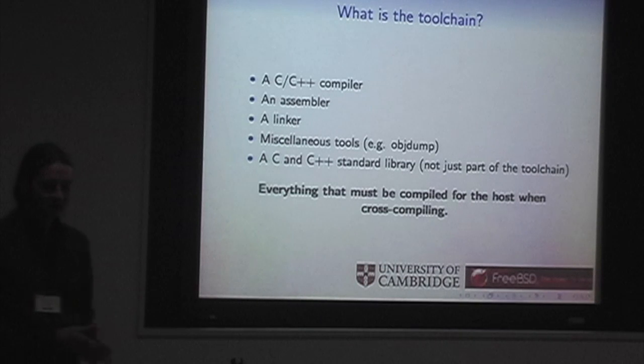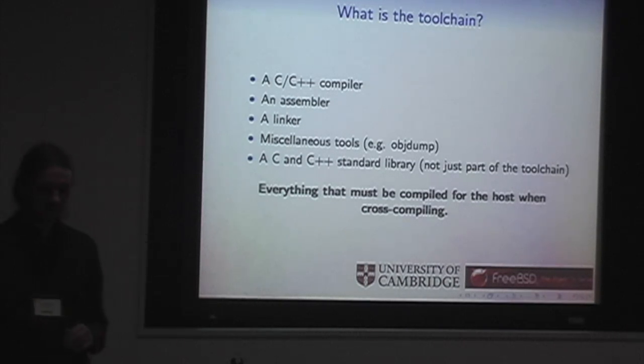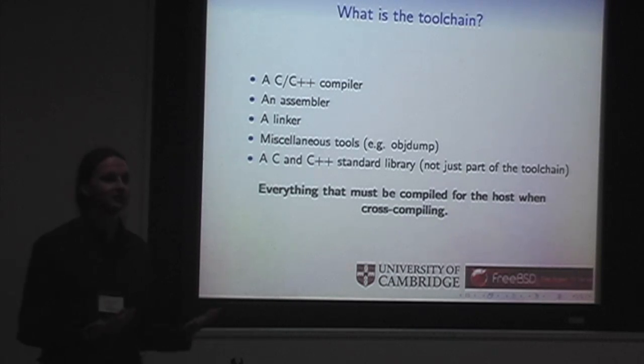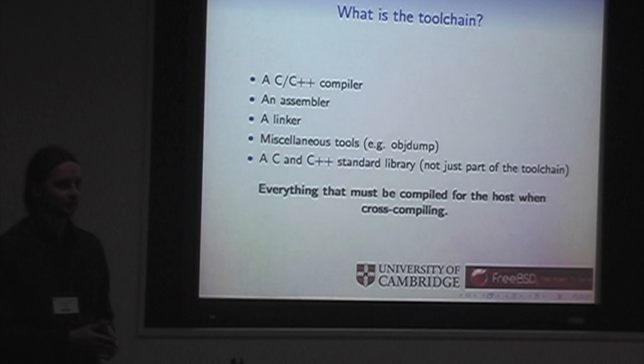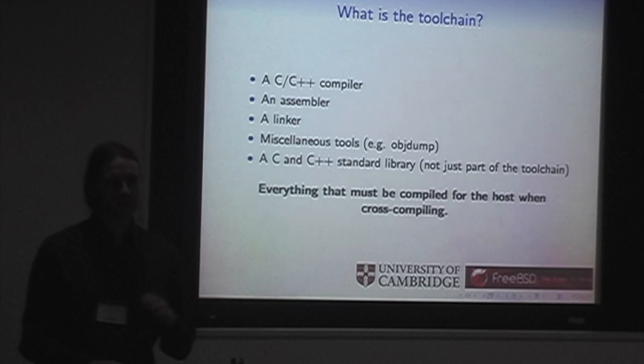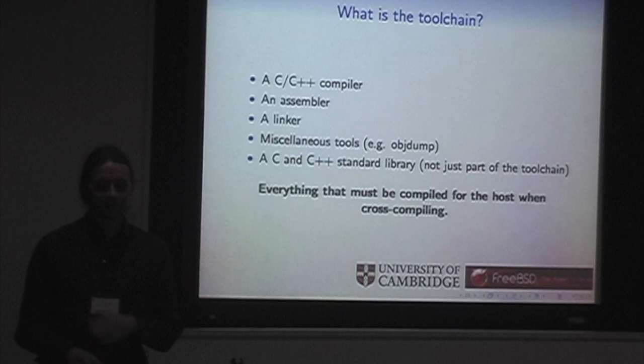I just want to start by having a quick overview of what is the toolchain, because I'm going to be talking about LLVM in the toolchain. Luba started a little bit talking about this, so obviously you think of the toolchain, the first thing that you interact with is the compiler, or the compiler driver in fact, which is either the GCC or Clang tool, which will drive all the other utilities, the compiler, the assembler, the linker. And there are some miscellaneous things like objdump, objcopy, NM, all of these little annoying tools that are really easy to write, but no one can be bothered.